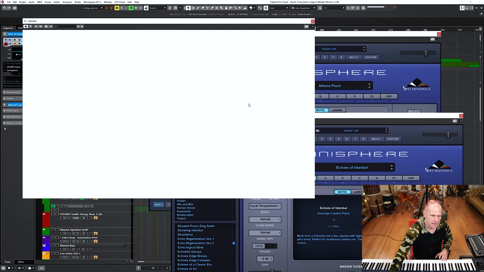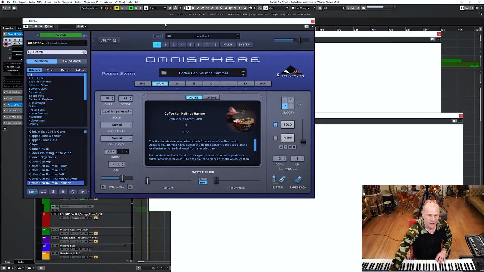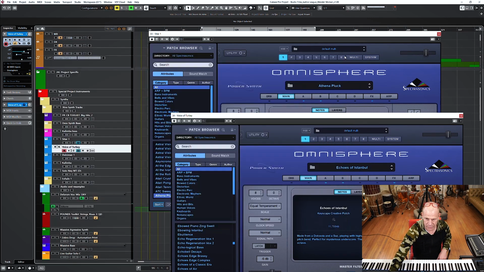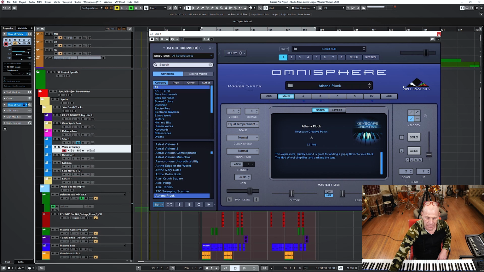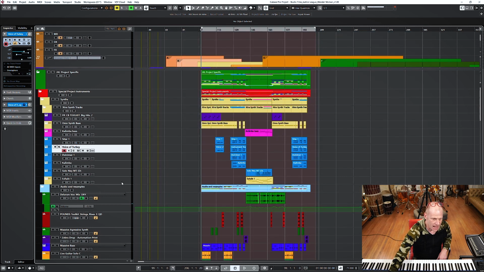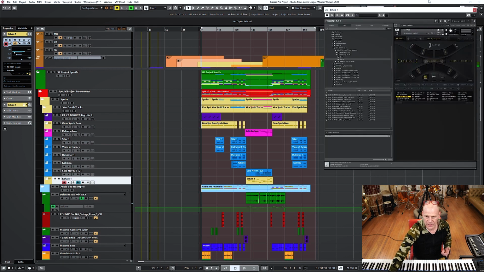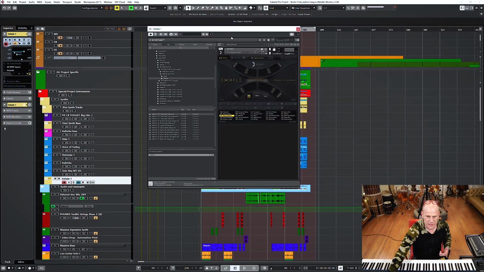So I think the Omnisphere has done a really great job in sampling these instruments in detail and playing them. It's a wonderful, wonderful box. And then I used another thing which I really like. It's a library that is available for Kontakt. It's called Exhale, and